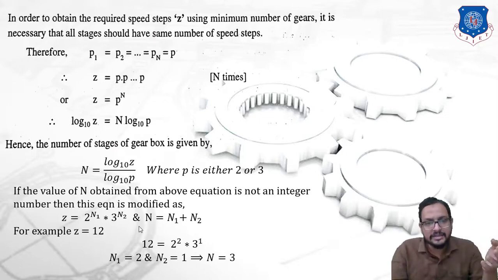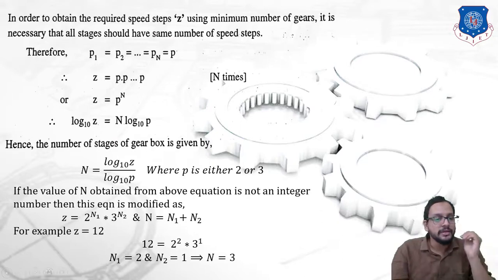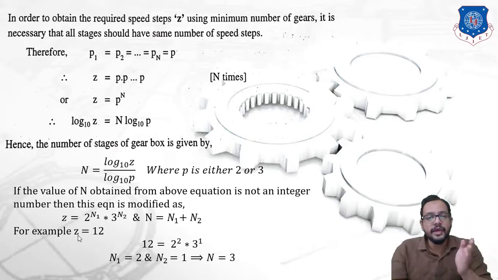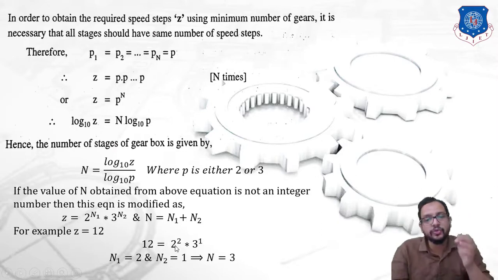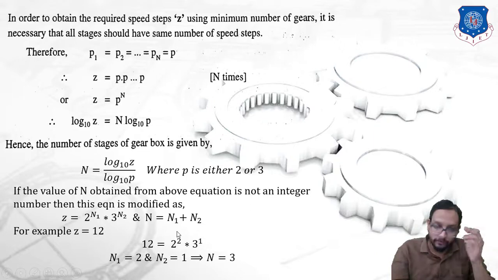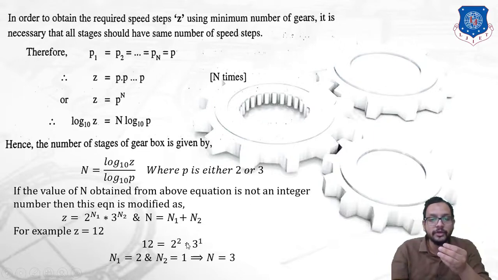Let us understand this by taking a simple example. So you can see I have considered Z is equal to 12. Okay, which means that we have a gearbox having 12 different speeds. Okay, 12 speed steps. So can I factorize this 12 in terms of multiples of 2 and 3? So we would say yes, 2 into 2 into 3, right? Which means 2 raised to 2, 4, into 3,